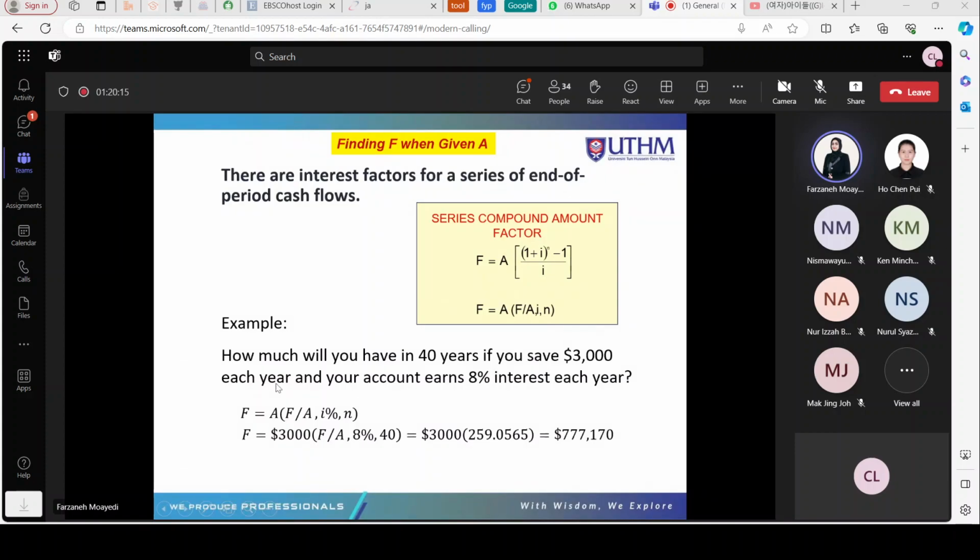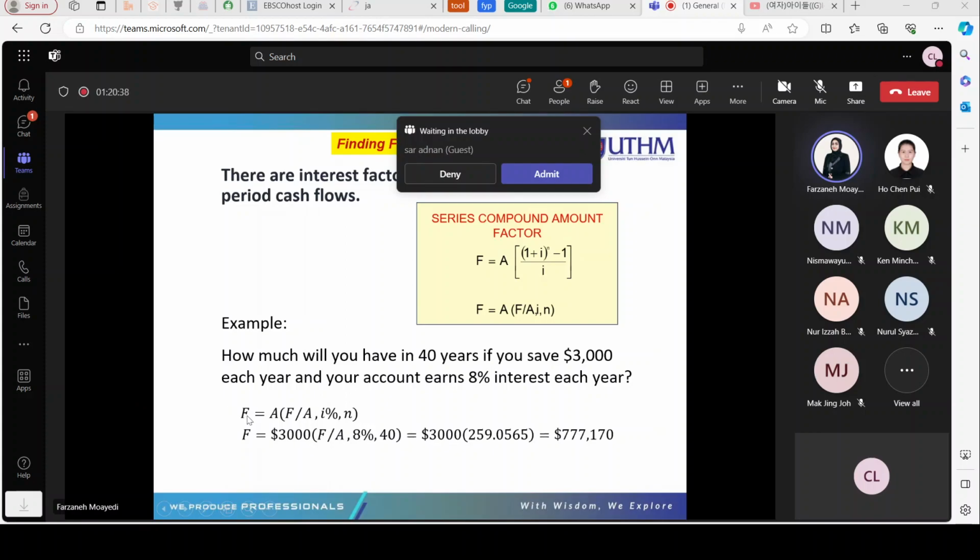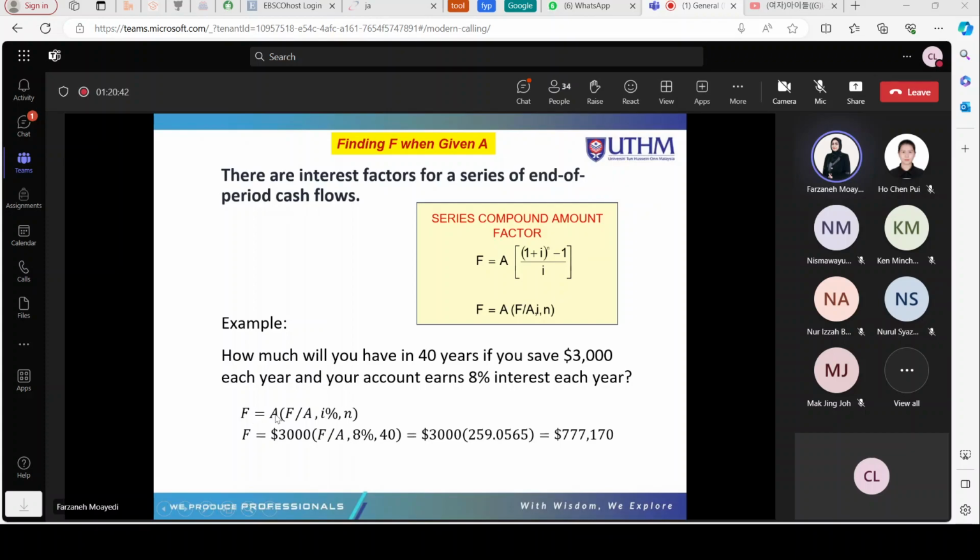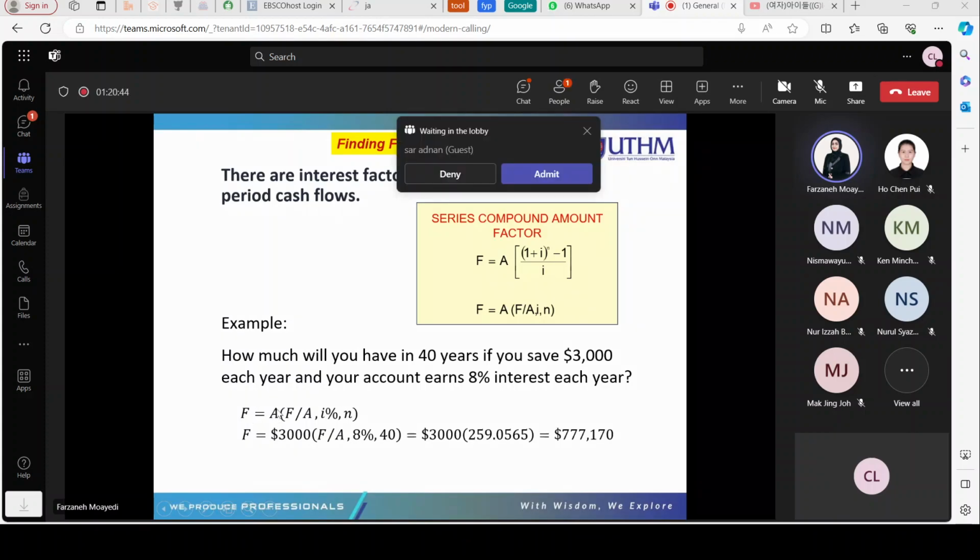It did not mention that you save 3,000 one time. Saving 3,000 each year means that for 40 years, every single year, you're going to be saving 3,000. So it means more than one time. It's not a one-time payment anymore, not a one-time saving anymore. So definitely it is going to be a uniform series. So how to write the notation? You know that F, the future, is missing, equal. A is something that you have because